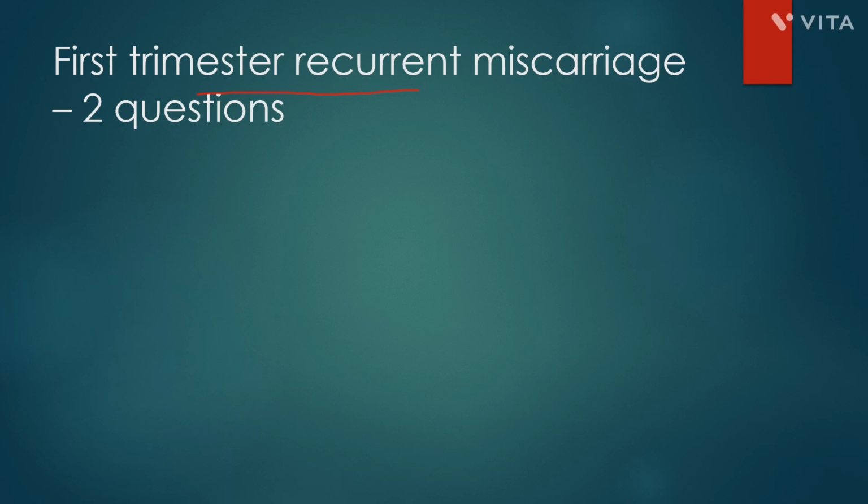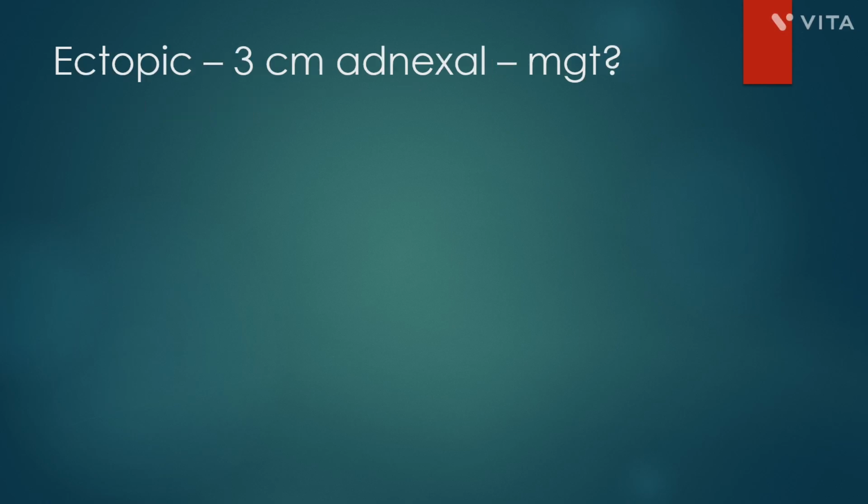So you have to know the terms of the abortion, like threatened abortion, missed miscarriage, incomplete abortion, inevitable abortion, complete abortion, all of those things. Now, another scenario: when in intrauterine there is no gestation sac, there is a 3 centimeter adnexal thing, so it is ectopic and the patient is stable. So what do you do? The option included salpingectomy, but it was a young patient with no children, so you can't right away go in for a salpingectomy, especially when the patient is stable. So you can do medical management, especially up to 3 centimeter adnexal lesion.